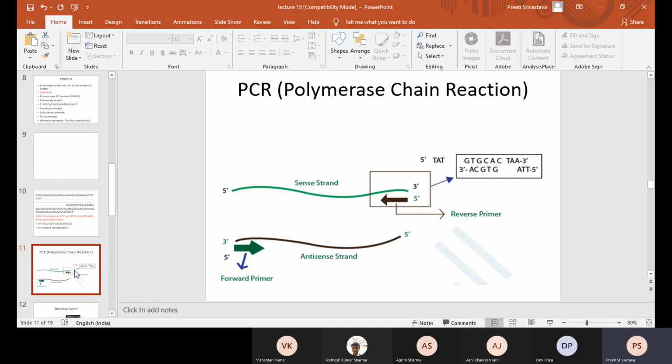So earlier when the transcription process was discovered, they found that most of the genes were located on the sense strand, but later people realized that many genes are located in anti-sense strand, and in fact there are genes which are located in both sense and anti-sense strand, and then they are transcribed at different time points. But just for the terminology these are used, but in fact anti-sense strand can also transcribe and translate.